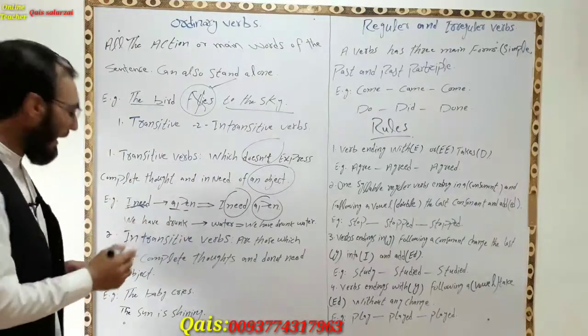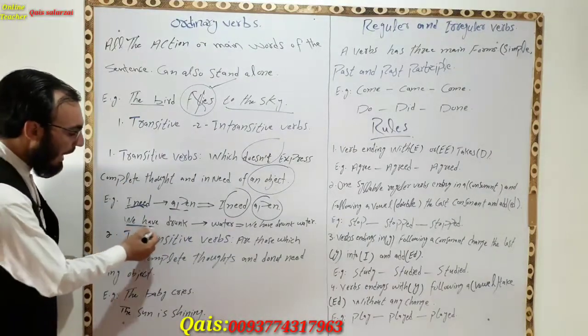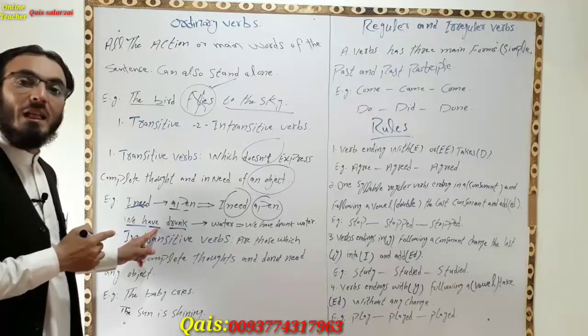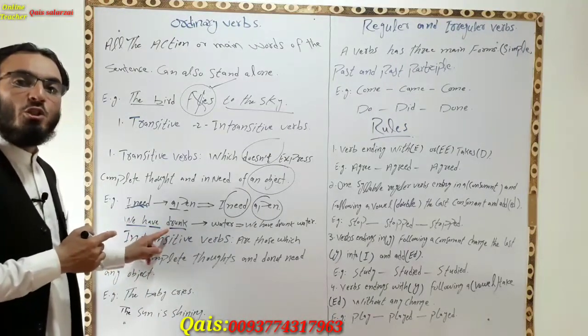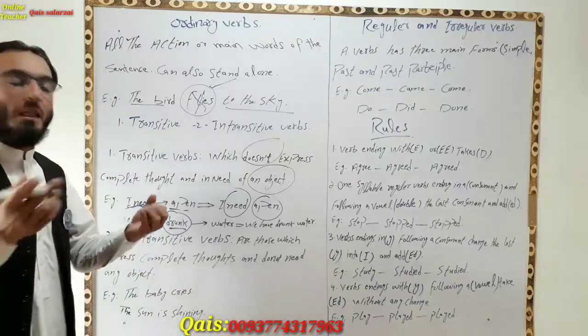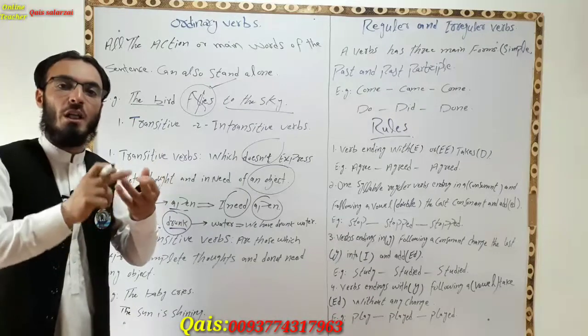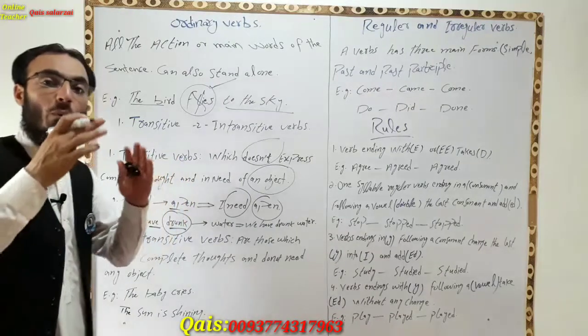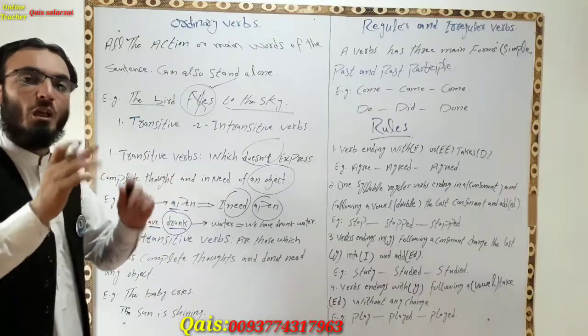Or look at another example. We have written "we have drunk." Even though there are three words, we have a modal auxiliary here as well. "Drunk" is the main verb of this sentence. What have we drunk? Did we drink tea, water, Pepsi? Now we are going to specify and clarify that.